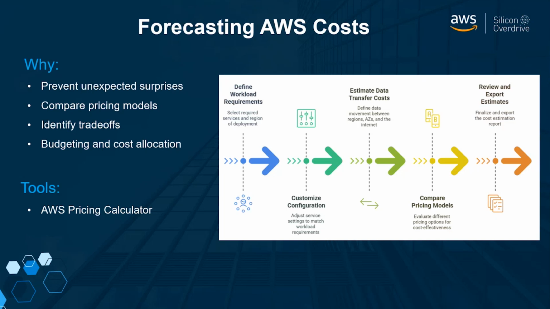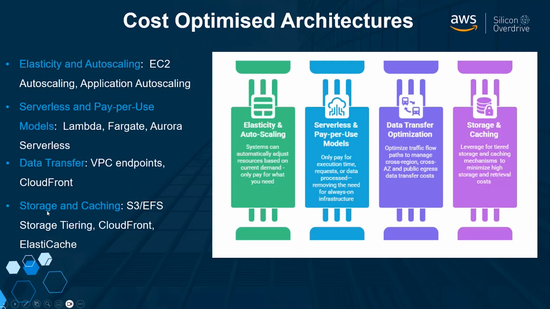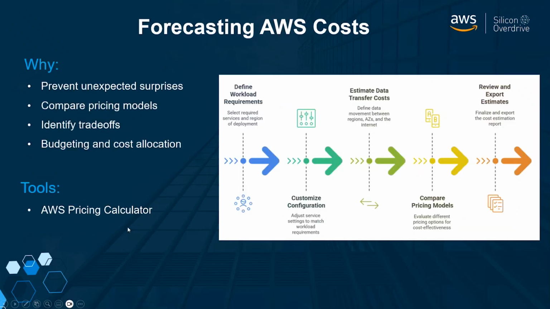So the good news is it's possible to get a view of your anticipated spend on AWS. Again, this is pre-deployment. And AWS provides a very handy tool, which is called the AWS Pricing Calculator. What the pricing calculator does is it allows you to define your workload or your service in the form of the specific resources that you're going to utilize. It allows you to specify the different metrics you're going to use to provision that service, and then it gives you the expected cost for that service.